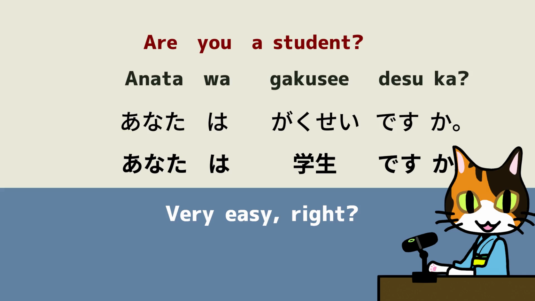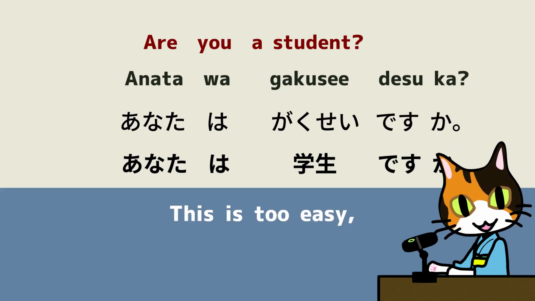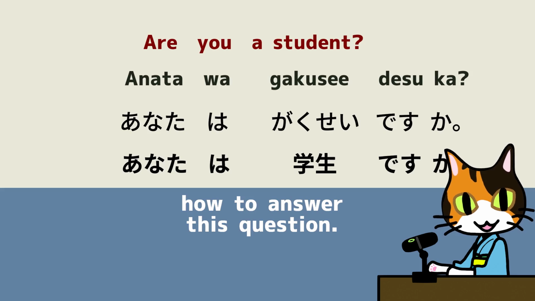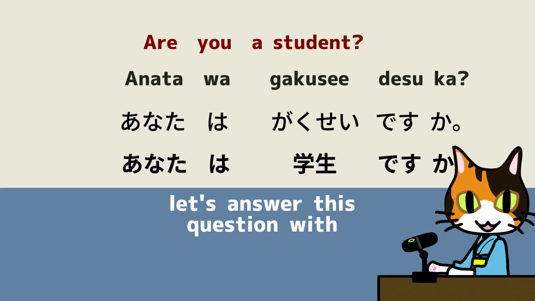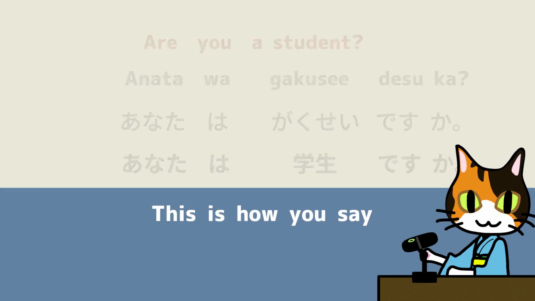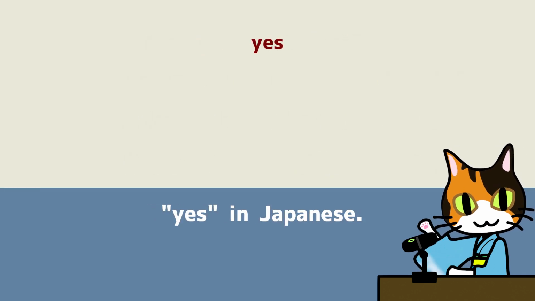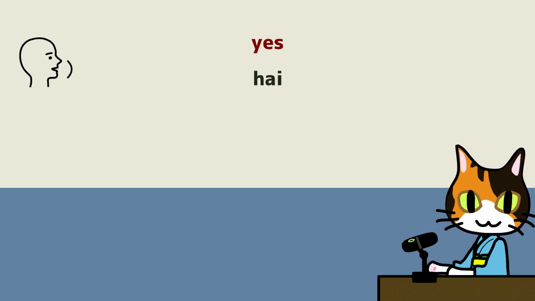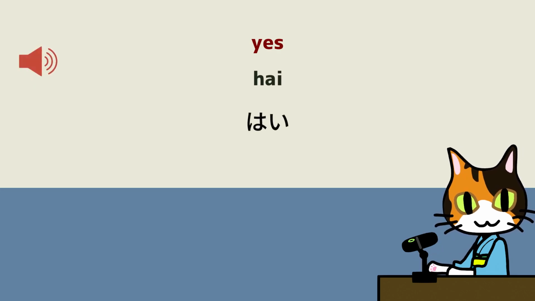Very easy, right? This is too easy. So today we'll also practice how to answer this question. First, let's answer this question with yes. This is how you say yes in Japanese. はい。